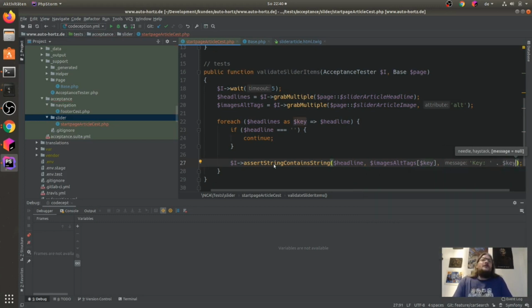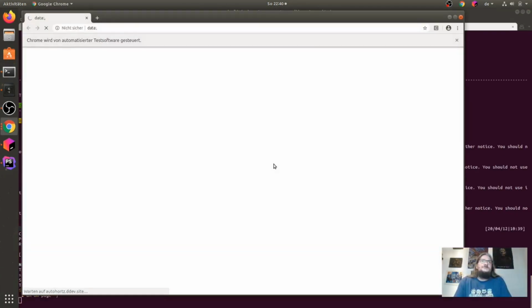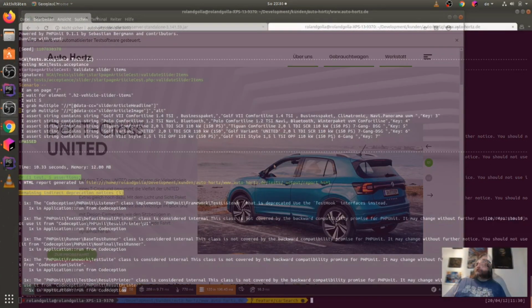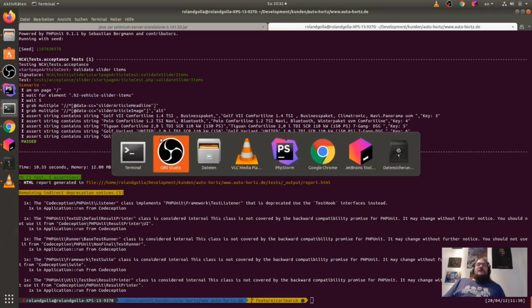And now we will have a key here. Okay, here is the key, and now I think we have our first test, because we can see that the title is actually the alt tag of the image in every item here on my slider.